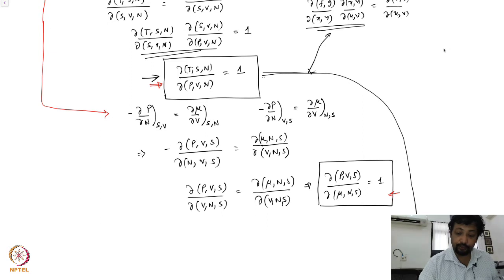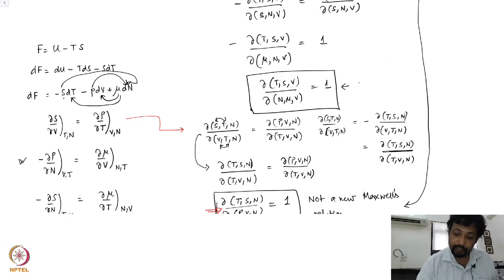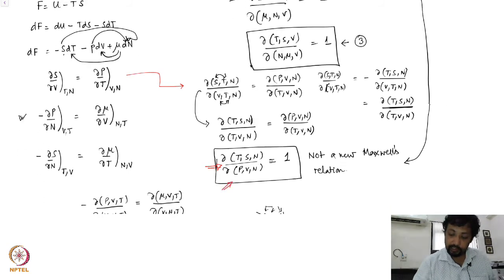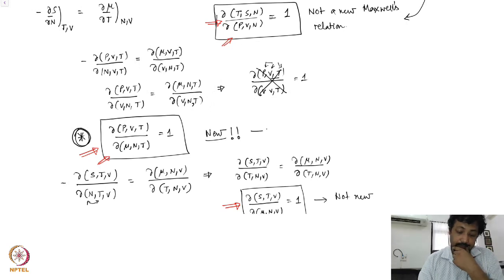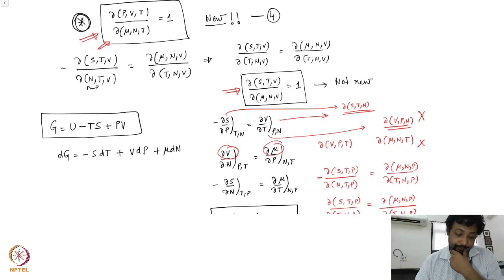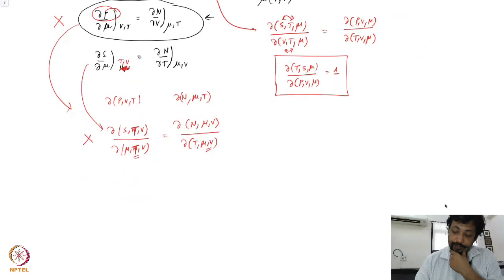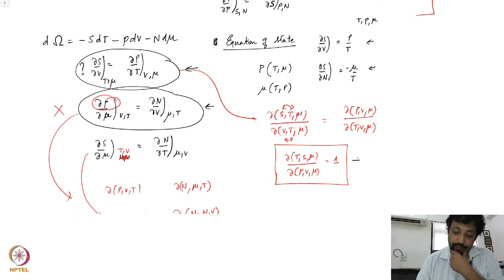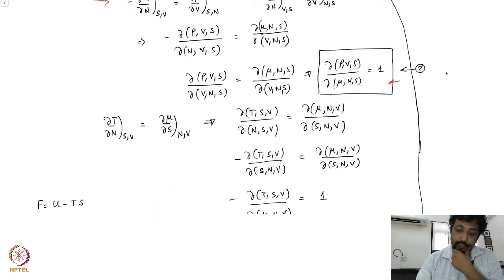The first 3 follow from the Maxwell's relations from the internal energy. 1, 2, and then I have 3. Then as we see, this is 4, this is 5, and finally this is 6. So if we collect everything together,